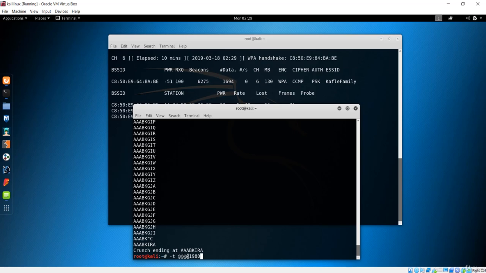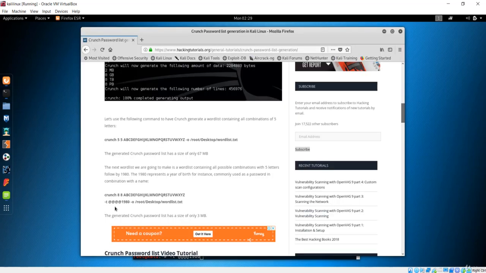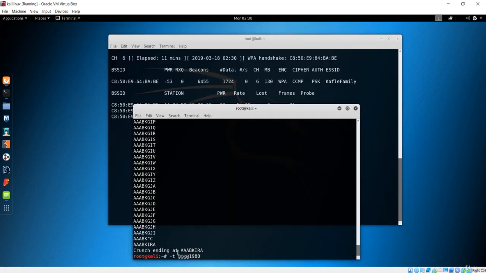That means 4 characters should always be the number 1980s, and the other 4 can be anything, because we want 8 digits. And for the pattern, if you want to do anything over here, then it should be with the @. So @ defines each character, so it can be A to Z, and this @ also, it can be from A to Z, and for this one there can be from A to Z, and after that it should end with 1980s. So this is the pattern you can include in your crunch list with this T argument.